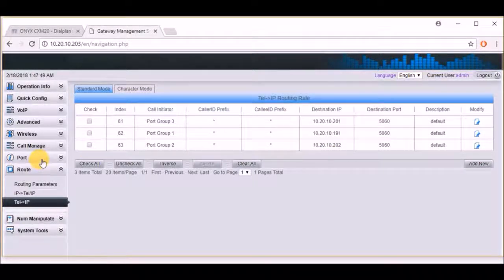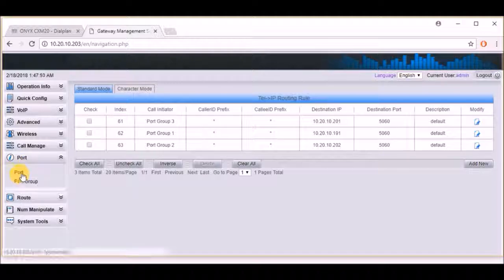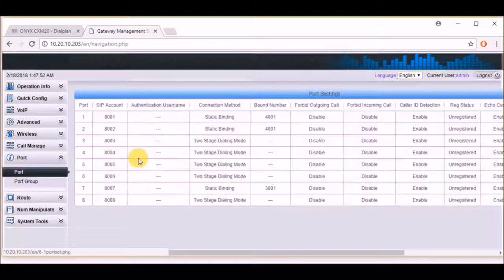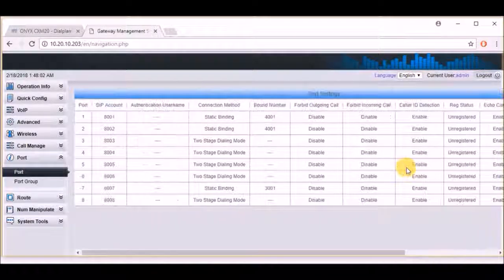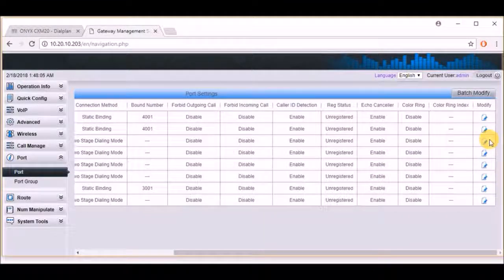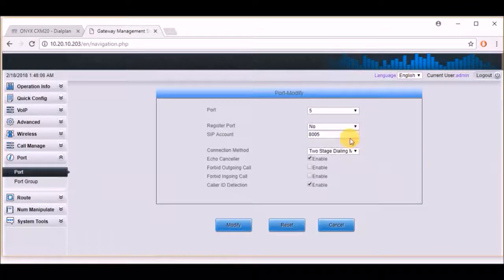Now we have to go to port. Click on this port. Now as you can see, for the 5th port, we have to change the 2-stage dialing mode to static binding mode. We have to fix a number. So we have to click on this 5th port SIM modification.